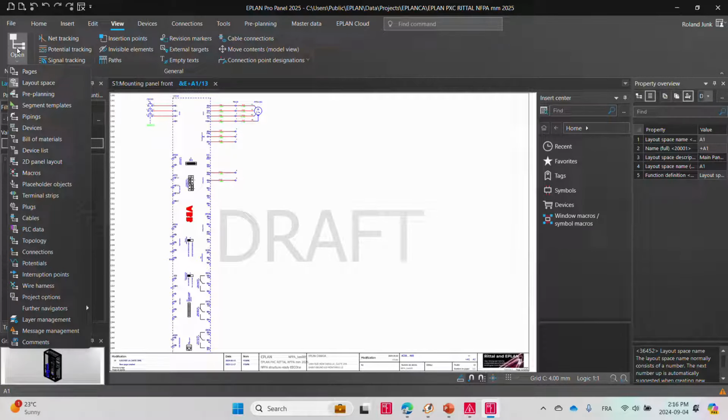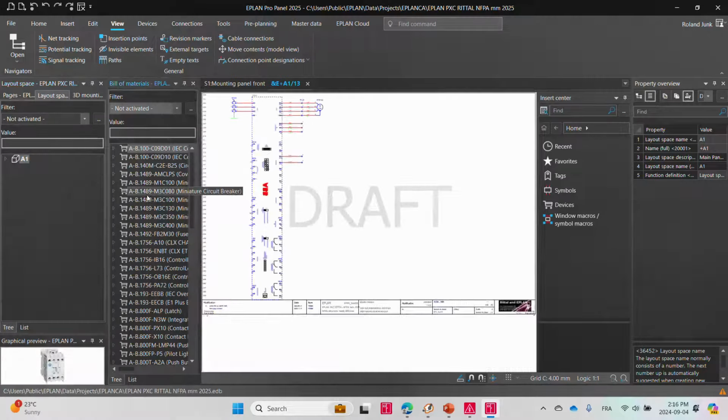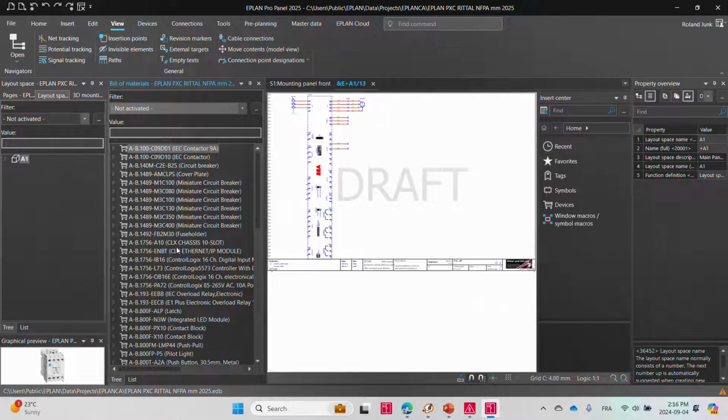and you will see a list of all these navigators. I will not go through all of these navigators. One that I personally find very handy to explain a little bit how the structure of EPLAN works is the device or the bill of material navigator. The bill of material navigator is quite interesting because it shows you all the material that is used within